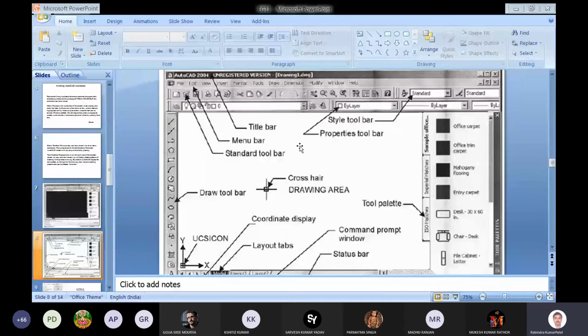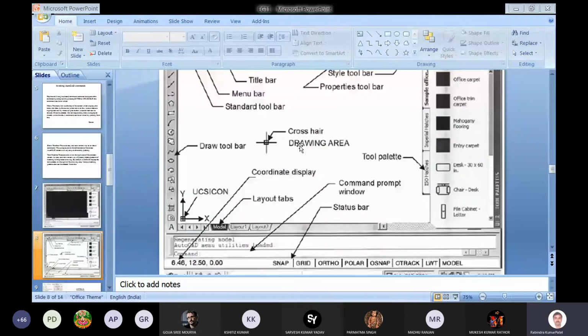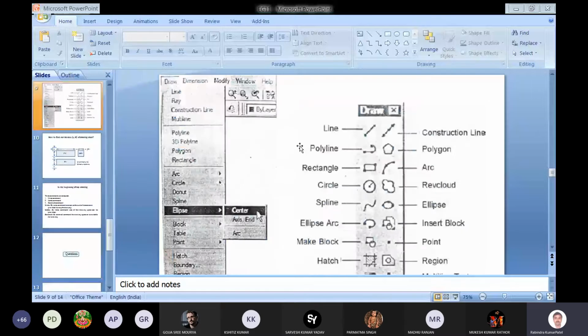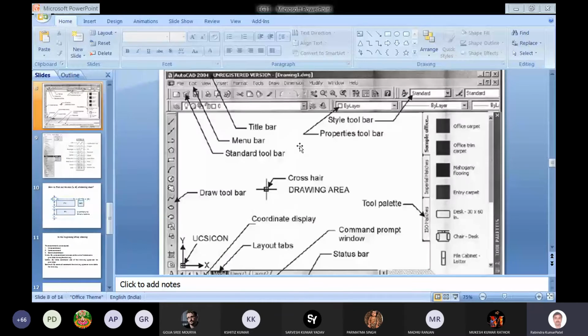Modify is the other toolbar where we can edit the drawing. Like if you want to delete any object, any line, we can use the Modify toolbar. Copy, Mirror is there, Chamfer command is there, Fillet command is there. There are various commands under the Modify toolbar.